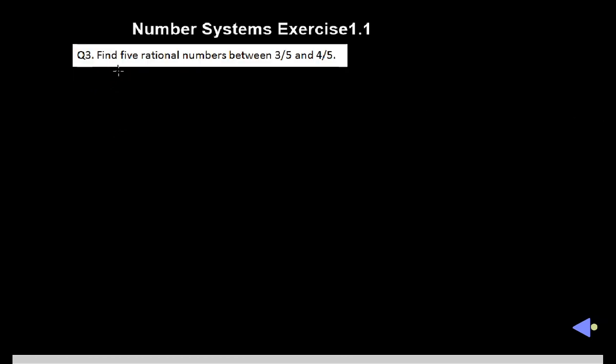So again, find 5 rational numbers between 3 upon 5 and 4 upon 5. So here it is, you see the answer. This time we have to find 5 rational numbers, and the 2 rational numbers given are 3 upon 5 and 4 upon 5. So we can write here